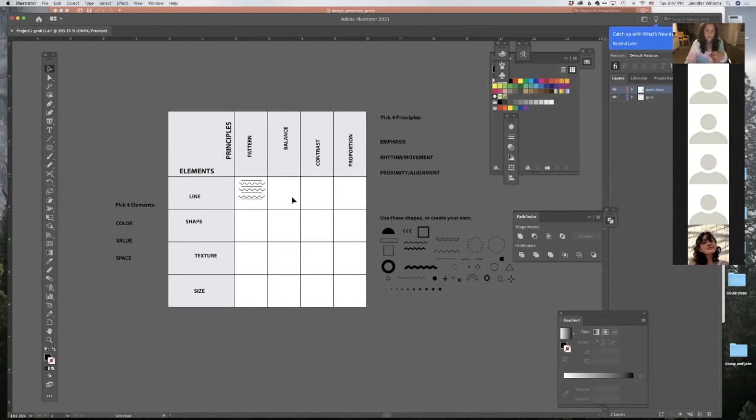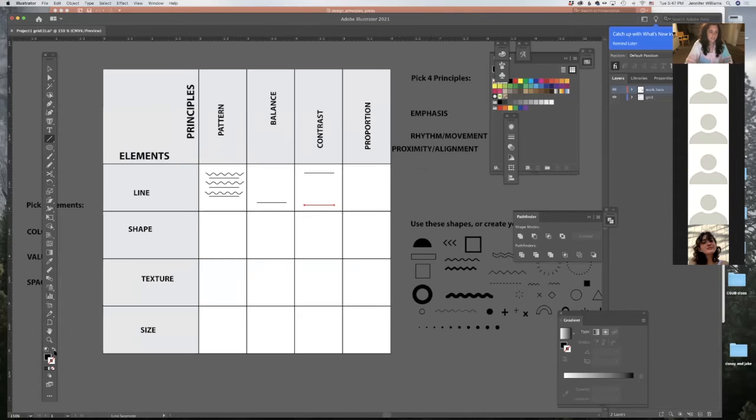So then you'd go down the row and you'd go line and balance. That could be something as simple as, here's a line and it's balanced out with another line. Some of these can work for more than one thing. So like say I had proximity and alignment right here, something like that would work. And then you go down the line again, so line and contrast. So if this was a line and then this was a line, those two things contrast. Or maybe it's this line and then a really